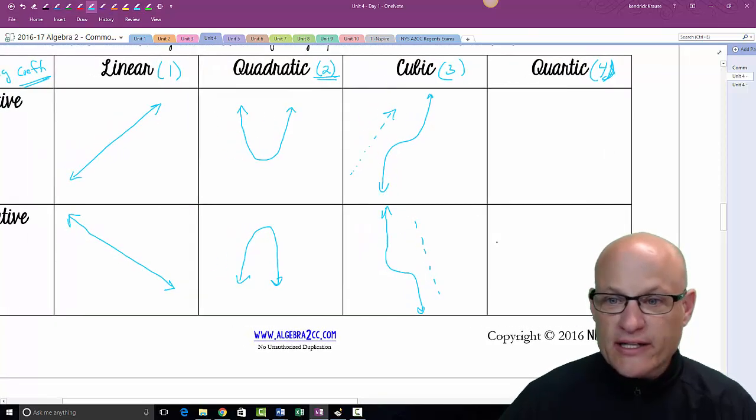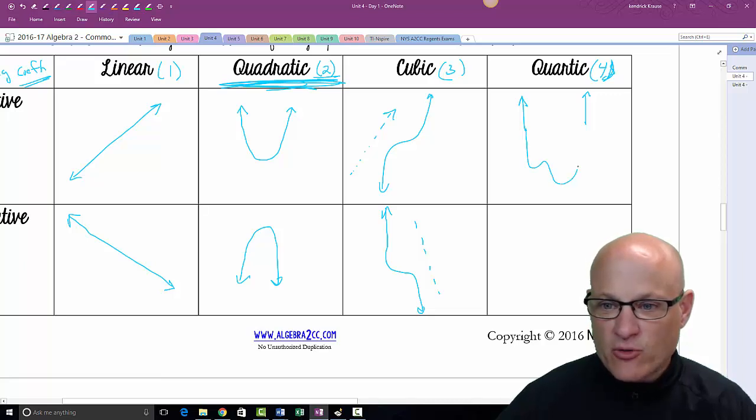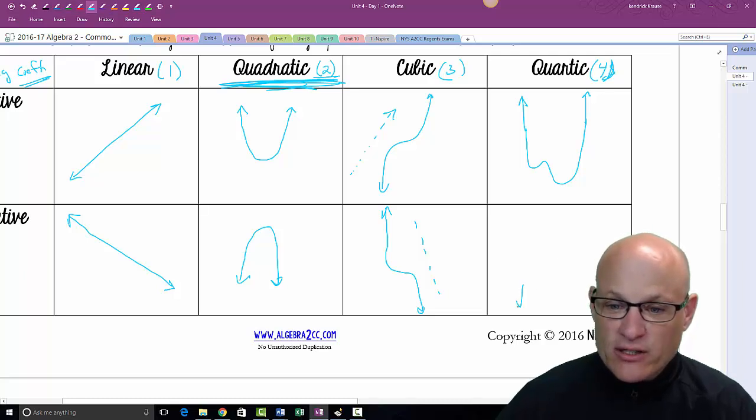Now, quartic, that's a fourth degree polynomial. It's got the same characteristics as a quadratic, a second degree function, in that when it's positive, it's going to open up in both directions. It's going to go up on both left and right, but it generally has a few more wiggles in it. Does it look like that? Sometimes. If it's negative, it's going down in two directions. So it might look like this.